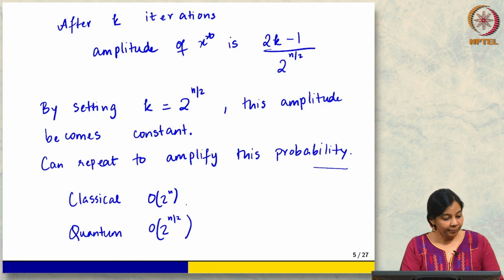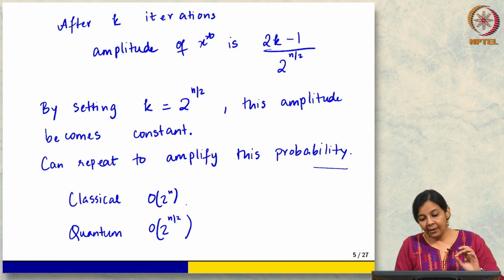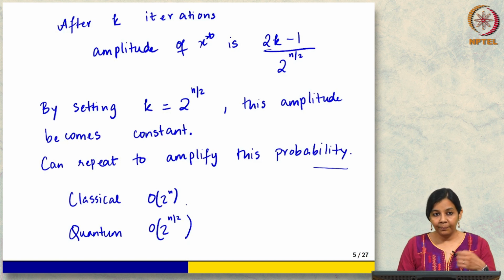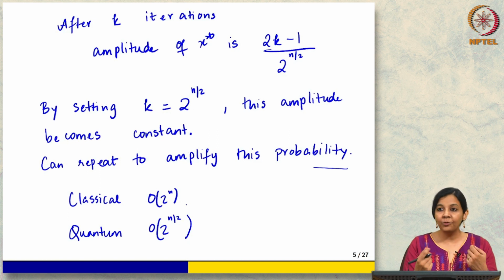But actually here I lied a little bit. Classical deterministic is 2 to the n, but classical randomized can actually do better. Does anyone know how much better you can do with randomization? There is a very famous birthday algorithm, or birthday analysis. If instead of going serially, I pick points at random, then I can hope to find the solution sooner. This is something you can explore in your next homework.